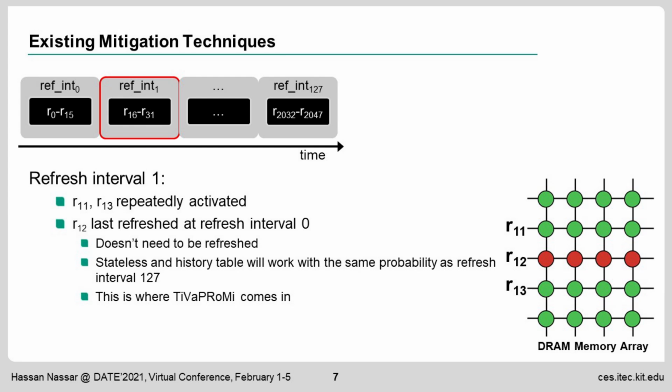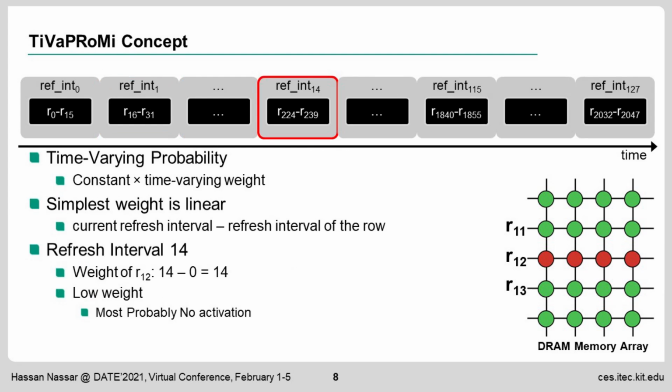This is where TiVaPRoMi and our contribution come in. We use time-varying probability. Simply, the probability used to extra activate or not is a constant base probability of a small value times a time-varying weight, to take into consideration when the victim row was last refreshed. The simplest way is to have the weight as the difference between the current refresh interval and the refresh interval the row was refreshed. Going back to the example of attacking row 12, at refresh interval 14, the weight is 14 minus 0, which is 14. This is a low weight, leading to a probably having no